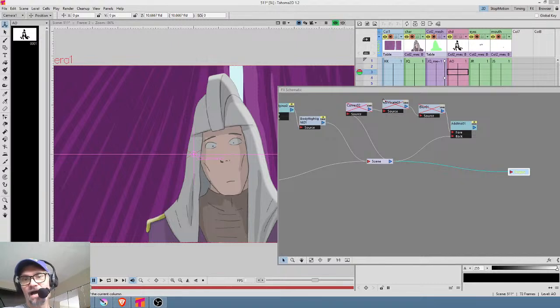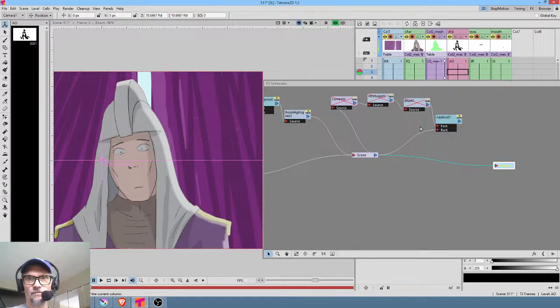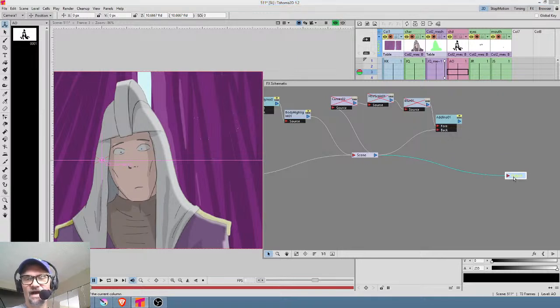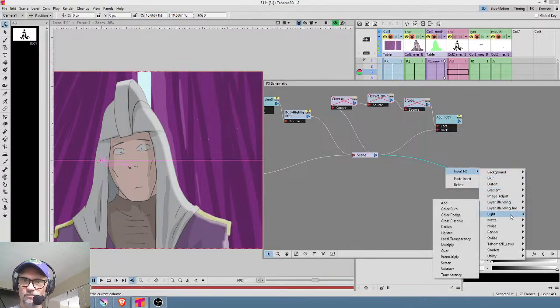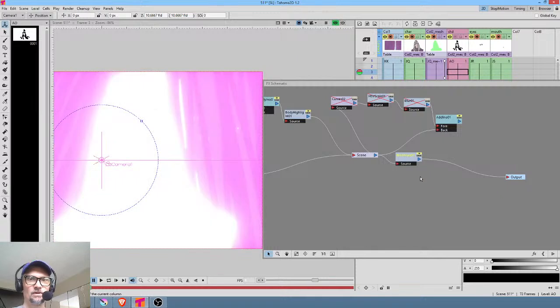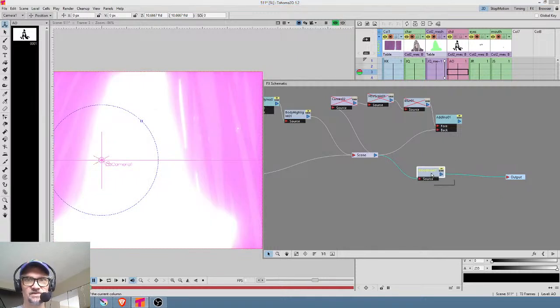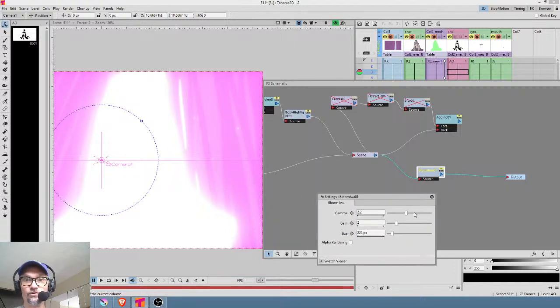So the question is, how good is the bloom effect that's built into Tahoma? Well, when I fiddled with it, I wasn't actually overly impressed with it. So let's take a look and see maybe why. I believe it was under lighting, and bloom is the effect. Okay, so we turn on bloom, and you can see it's a pretty massive bloom. The first issue I had with this new exciting bloom effect, which it is cool, was that the defaults are,